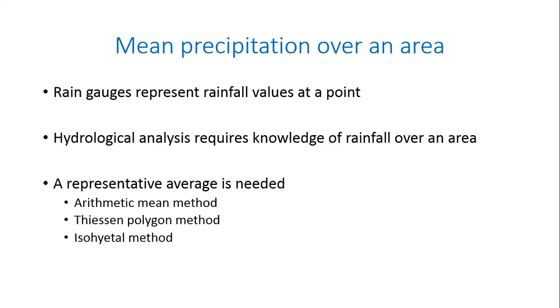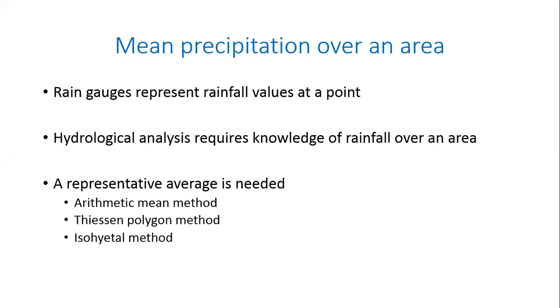But for that 5 minutes, you may see rainfall happening at one location, but not at another location. If you take a relatively large time duration, maybe one day or one week, more or less it will be uniform on a small scale. But if you're interested in a large area, in the watershed, for example, you need to understand the rainfall happening over the entire area. So you need a representative average rainfall over that entire area.